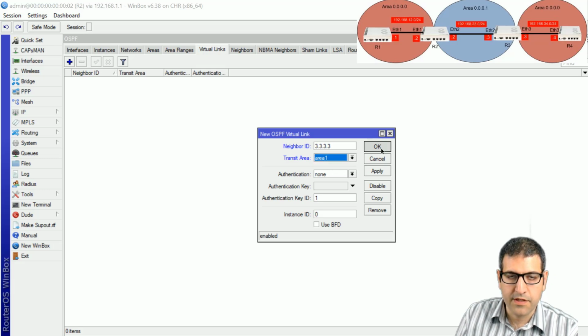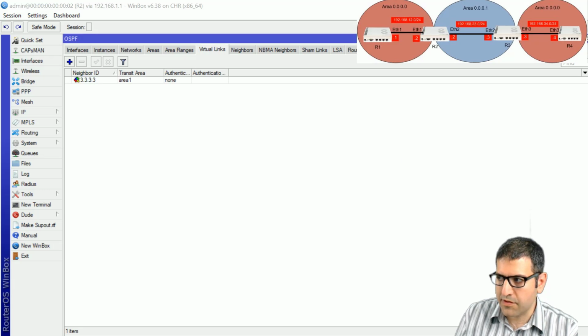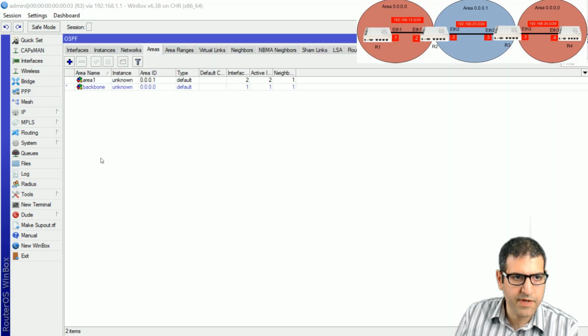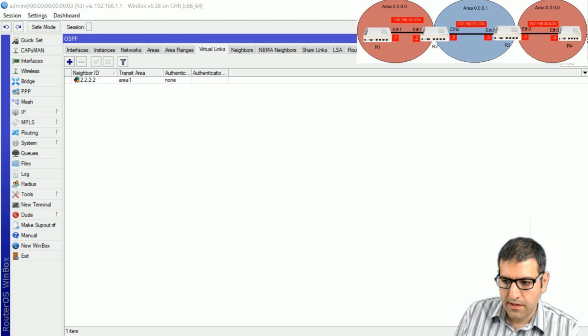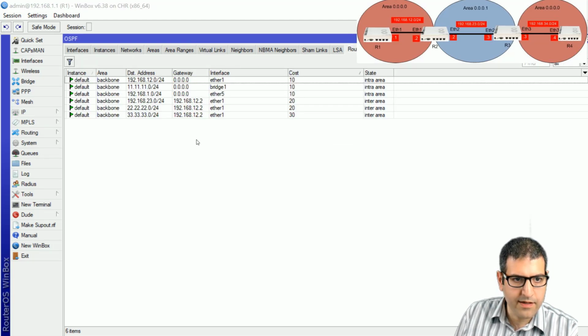That's where the virtual link is going to happen. And then we go to router 3 and routing OSPF, virtual links, and then we say 2.2.2.2, and the transit area is going to be area 1. And okay, now we go to router 1 directly, and in a moment we should now see the networks coming